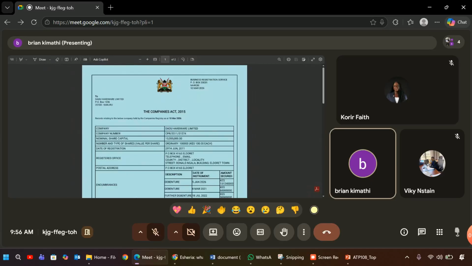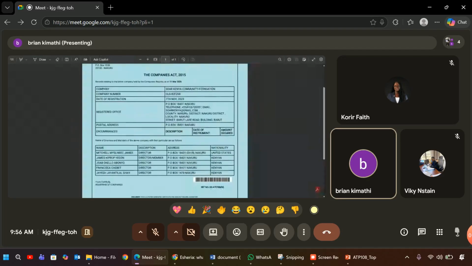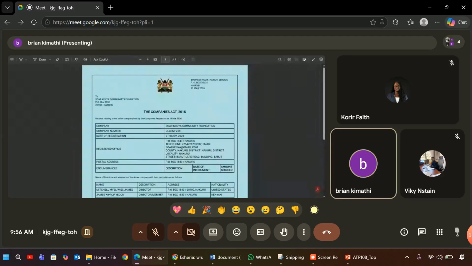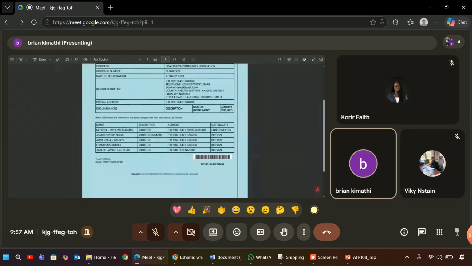If the question is that now these are company limited by guarantee. Na sasa tutaona CR12 zao ziko very different, but haziko different sana. So all the way it's a letter to you as the company, blah blah blah, all this way. Encumbrances na listed at the same place. The difference now comes in kwa hii part ya directors and members. So ya kwanza ilikuwa directors and shareholders. Ya pili